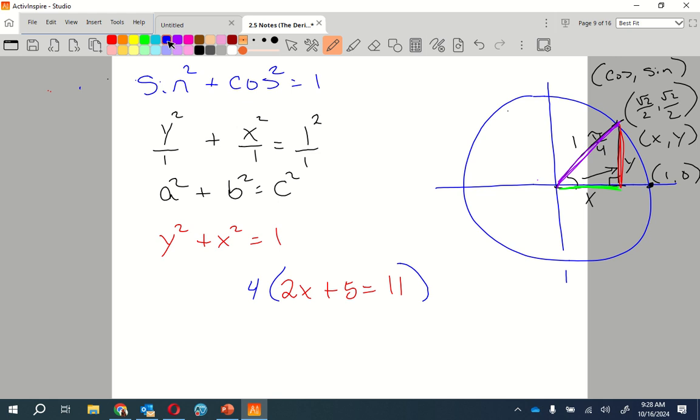So 8x plus 20 equals 44. Subtract 20 from both sides. Okay. And then I divide by 8. I still get x equals 3, right? So that makes sense, basic algebra. That should make sense. So now what I'm going to do is, instead of